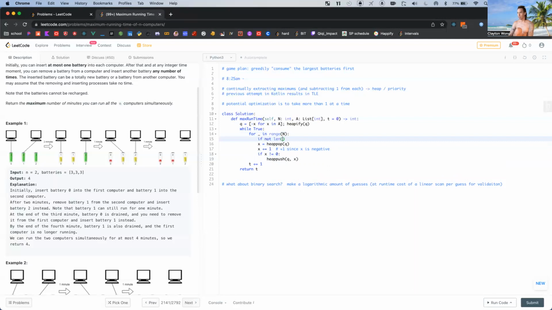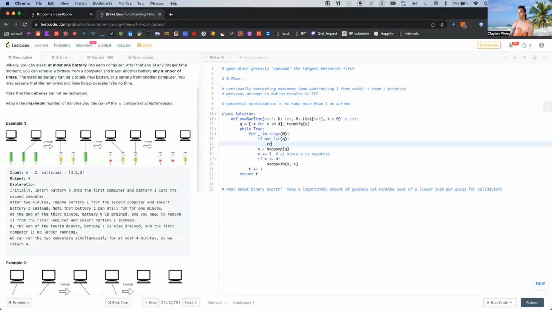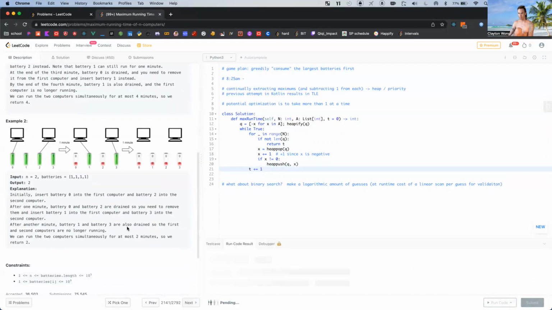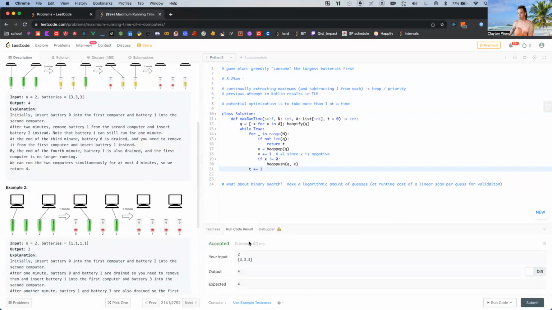If not length of the queue at any point, then return T here. Okay, something like that. 4 and 2 is what we're expecting.